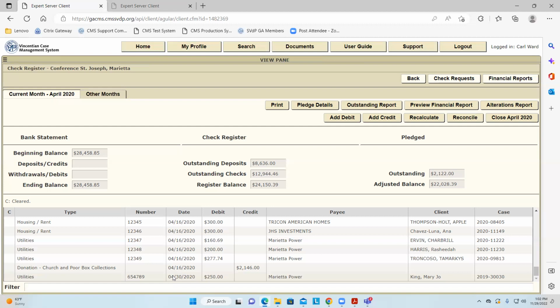Right, but understand, the monthly report not only has financials, but it has how many people we helped, how many households we helped. That's what I said, I'm separating statistics from financial. You're right.